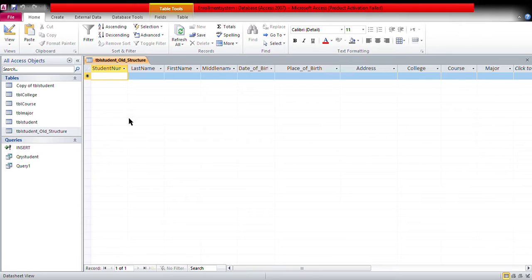So, we have table here. So, first, mag-insert muna ako ng record para mas maintindihan. So, let's say for example, the student number is 19,586, last name, Malazab, first name, Shera, and then Sagun, date of birth 02/26/2001, place of birth, Lasam, Cagayan,